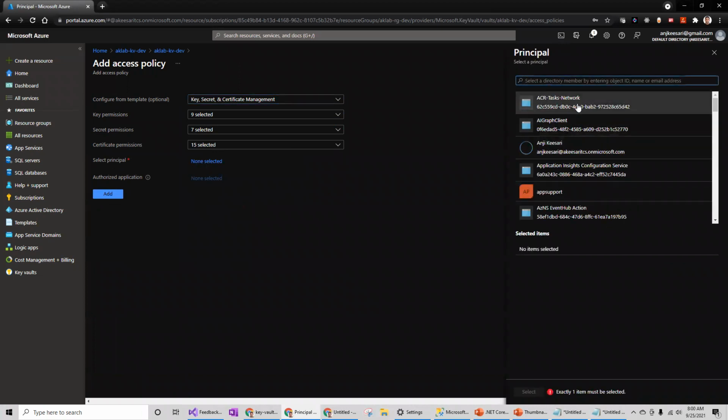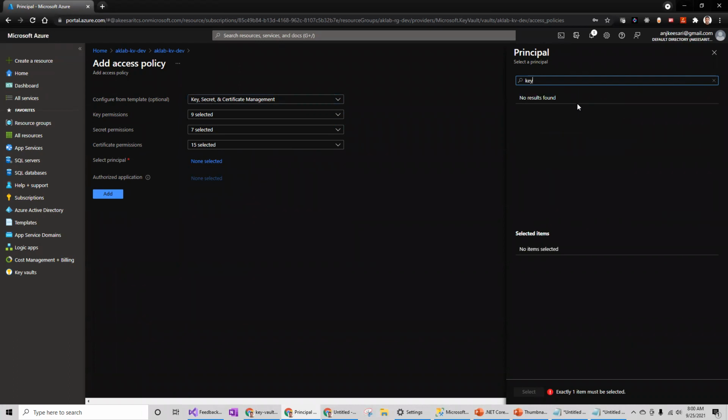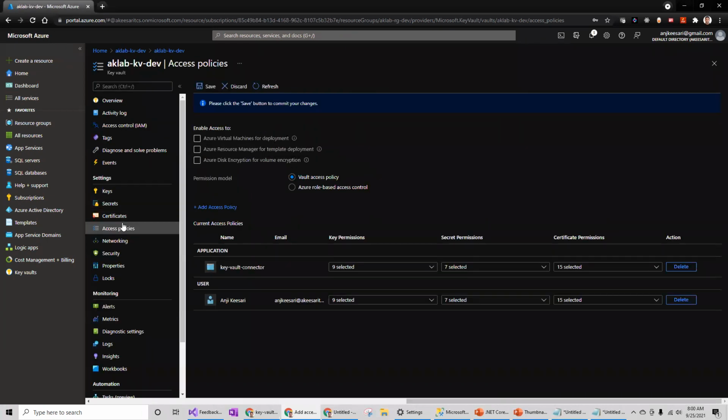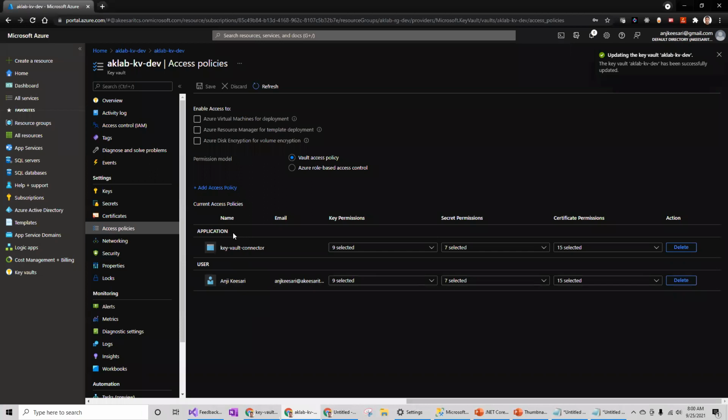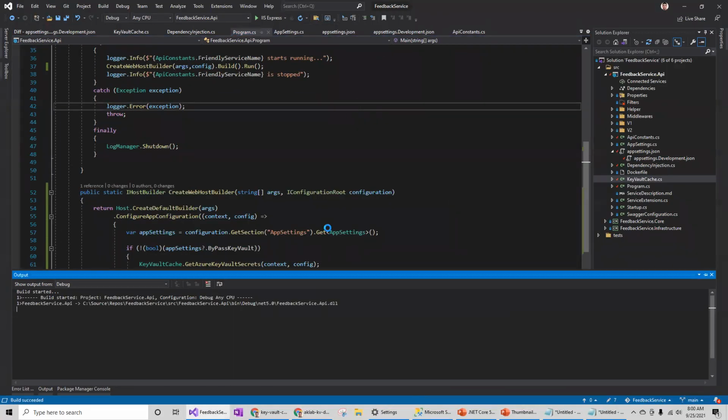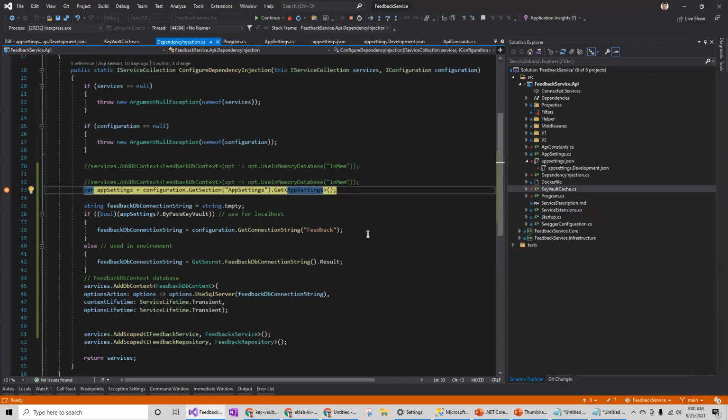Let me add that back. So I just added it, but I didn't save it here. So make sure that this button is clicked. Now I see that it is added. Let me try it again. It is always good to experience all these kind of issues and make sure that we Google it and get the right information. Okay, so this time it is connected now.